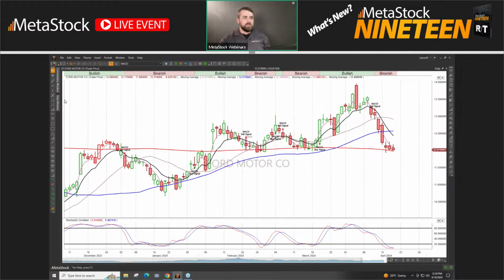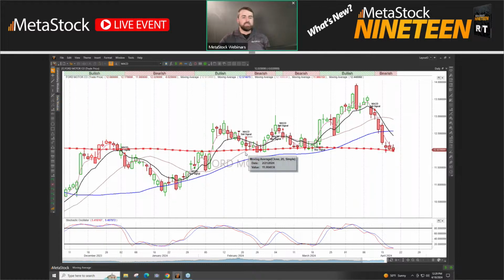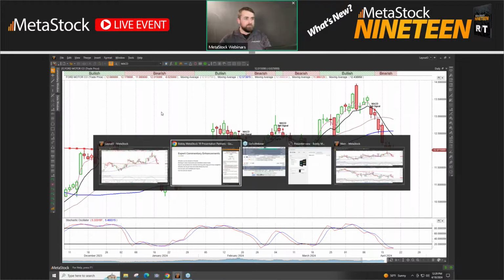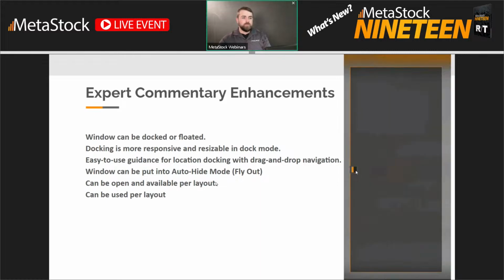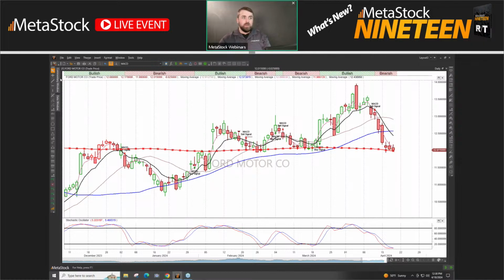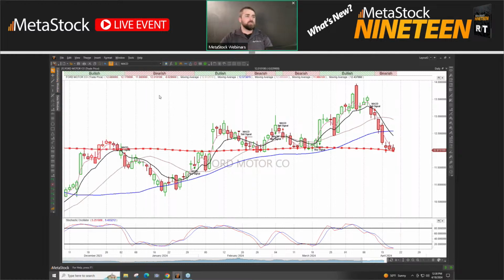Now you'll see I have the commentary window here if I hover over it, and the data window here if I hover over it. It'll pop it up and then I can move around and go to different days and things. So really cool features there, with the whole updated interface that we've added. You can also have that per layout. So you can have multiple layouts open with the commentary window attached wherever you would like, and you could have multiple expert advisors going on at once now, which is not something you could have previously. You can attach them individually to several different layouts and have several different layouts open at a time. So really wonderful there.